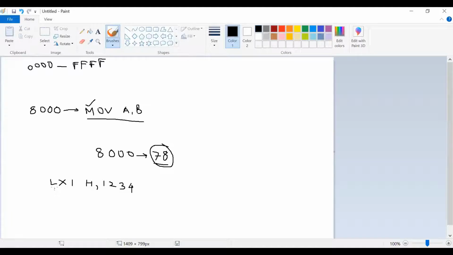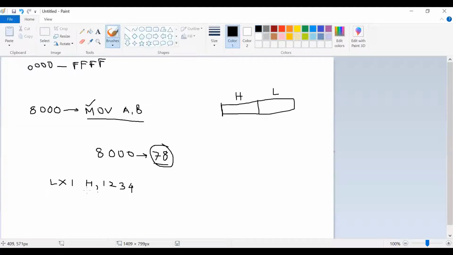What does it mean? Load the extended immediate data into the HL register pair. That means if this is my HL register pair, this one is H, this one is L. How will this HL pair be accessed?